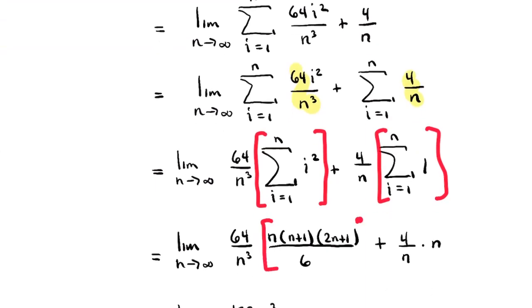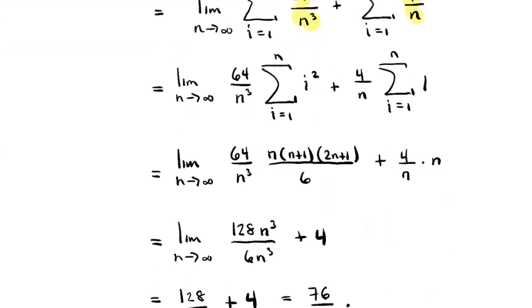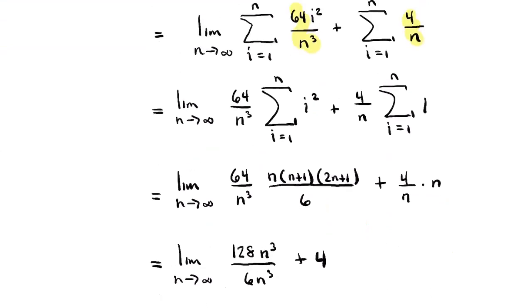Here's the sum of your squares. It's that cubic polynomial in n over 6. The sum of 1 from 1 to n is just n. And now to take that limit, it looks like my screen froze. That's unfortunate. No, it's back. Good. To take that limit,